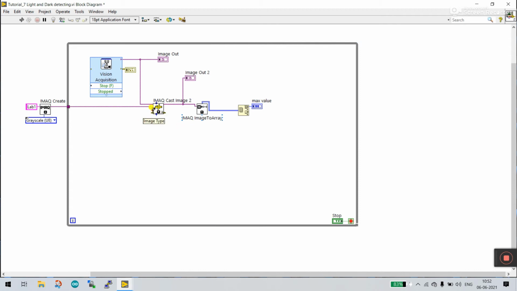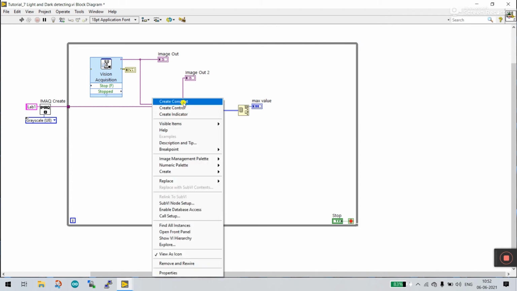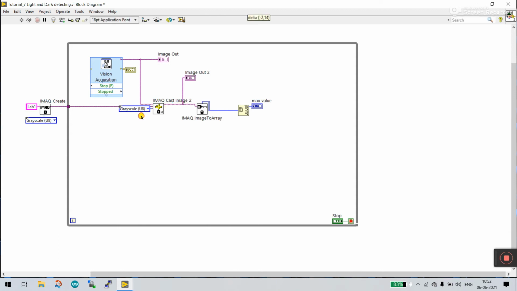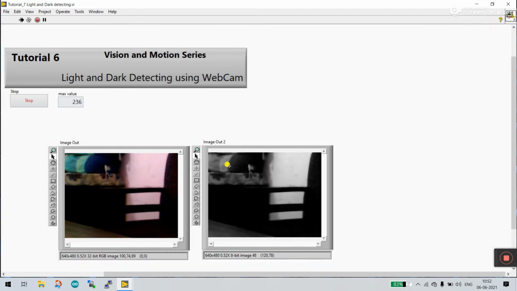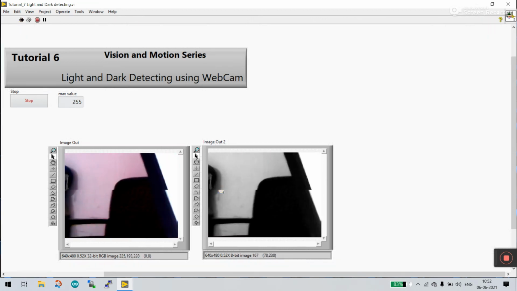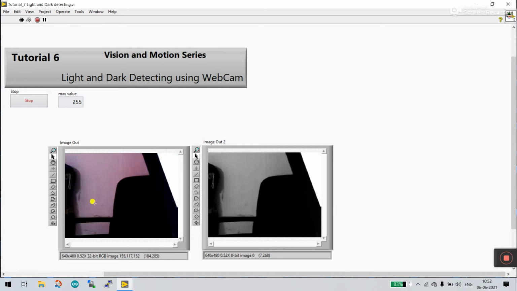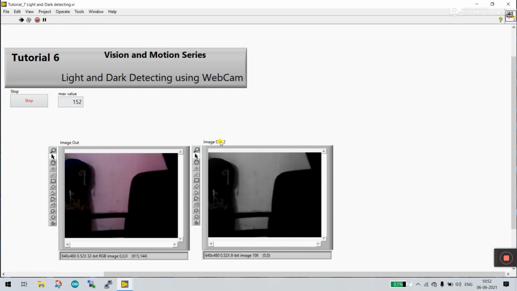Now you see the image type. Right click and create a constant. Right now you see the error is gone. Press Control E and click run. Let's see what it was giving. Now you see it's working fine, and your image out is your RGB color and image out 2,